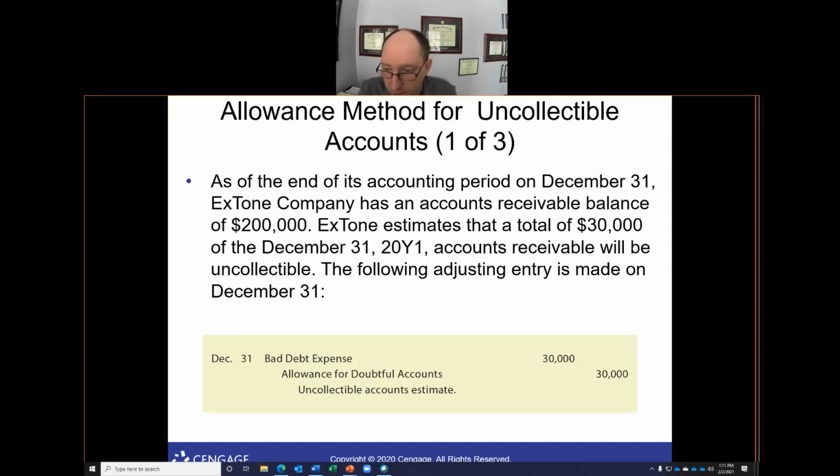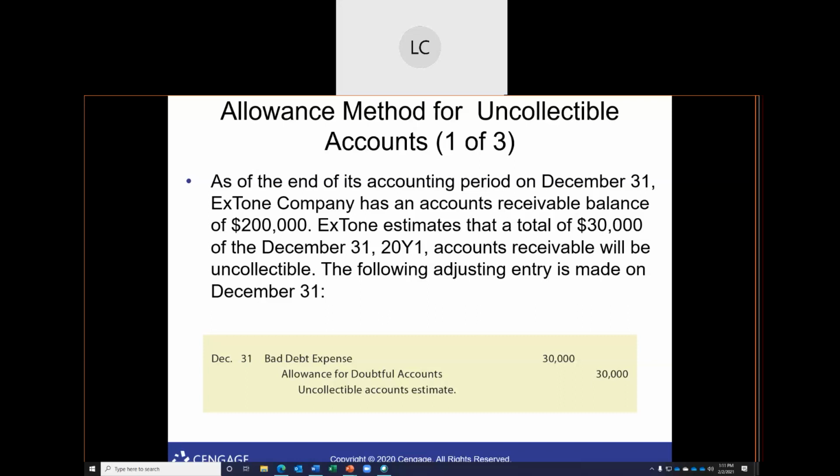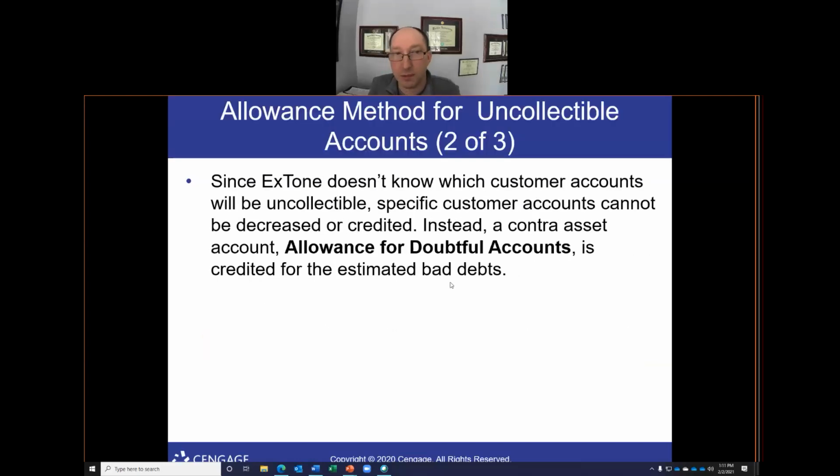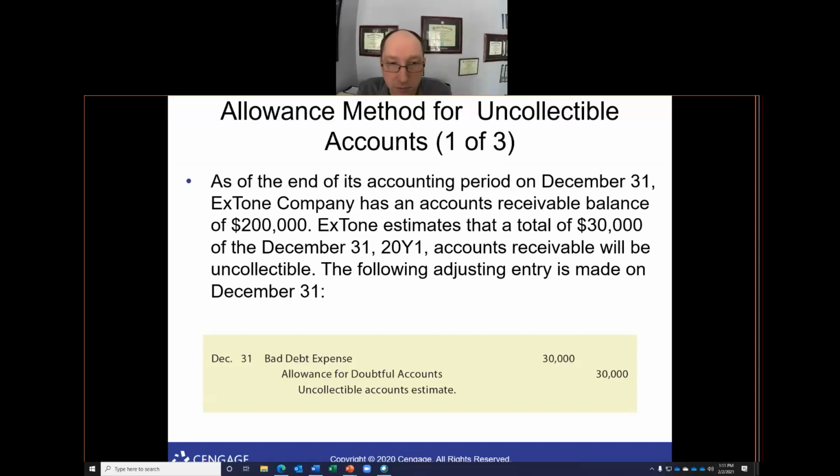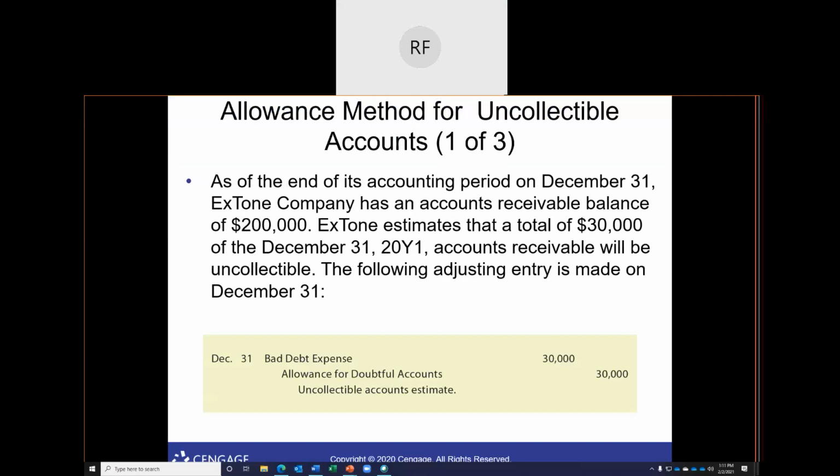Does it make sense? Are you with me? Lynette, did you have any questions on this, or is it pretty straightforward, do you think? It's pretty straightforward. Great, wonderful. Yeah, I know sometimes it could be a little complicated, especially the way that it's written, and the account names can be a little confusing sometimes. I do have one. Yeah, go ahead, Richard. Regarding the allowance method, it was not so clear for me. Sure. Can you please circle back?